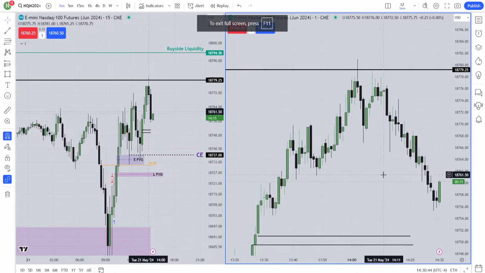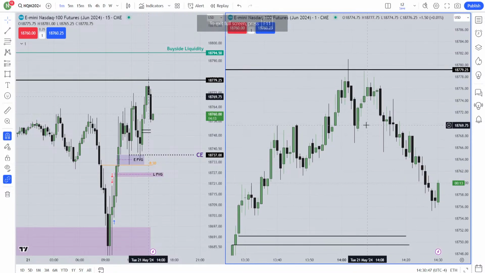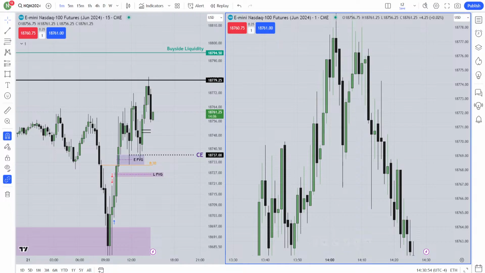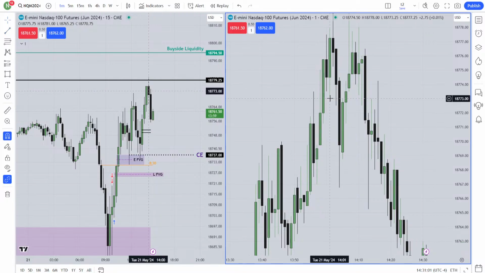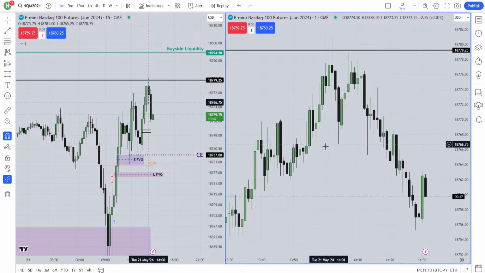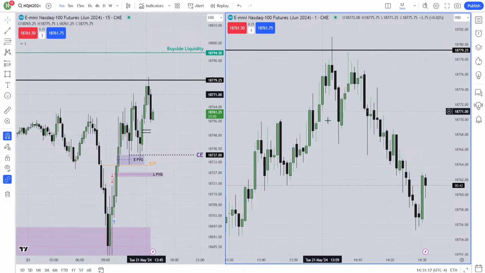It's a valid market structure shift? No, brother, it's not a valid market structure shift. There's no swing high on its left, on my right. No, I don't have that. I'm sorry, but it's not a valid market structure shift. If you only look for market structure shift, there was no swing low which is valid for shifting market structure.